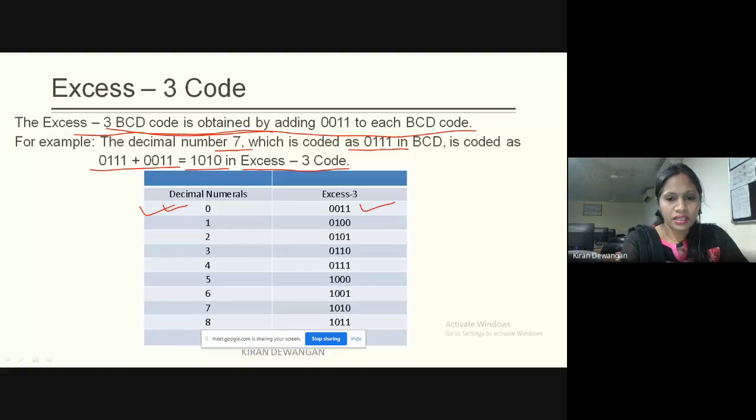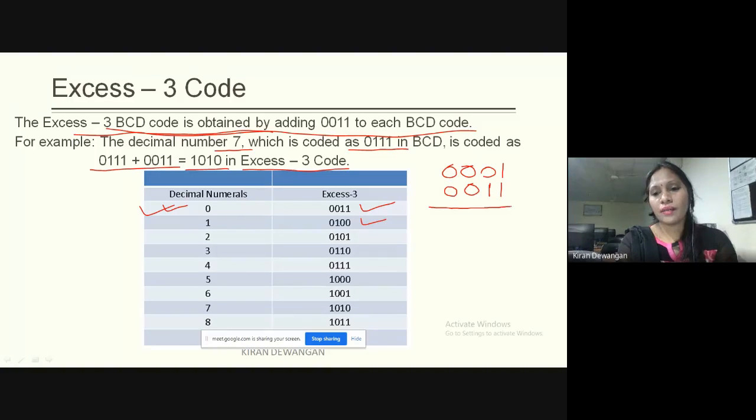For 1, it is 0100. What was the BCD of 1? It was 0001. This was the BCD for decimal number 1. And if we add 0011, what will this be? 1 plus 1 is 10, right?